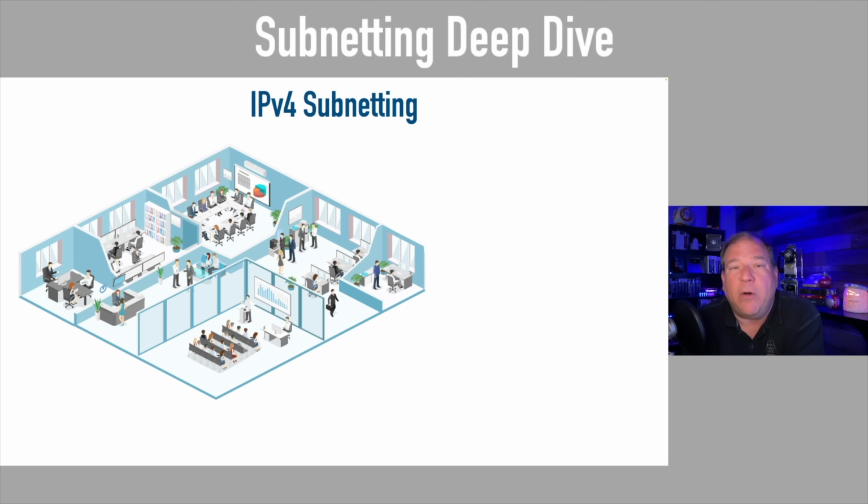Let's say that we had an office space like this. You've got this floor of a building. Maybe it's the same company, but we've got these different departments. We've got executive offices. We've got a training room. We've got presentation rooms. We've got maybe a call center. We've got all these different distinct functions. Well, we might want those to be in separate networks, in separate subnets,